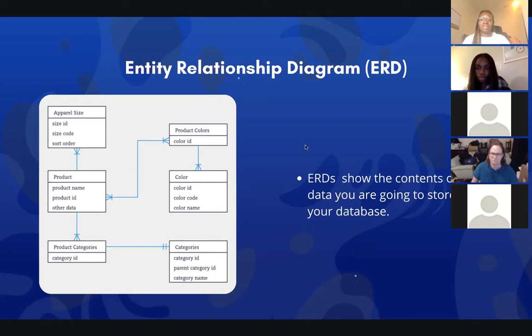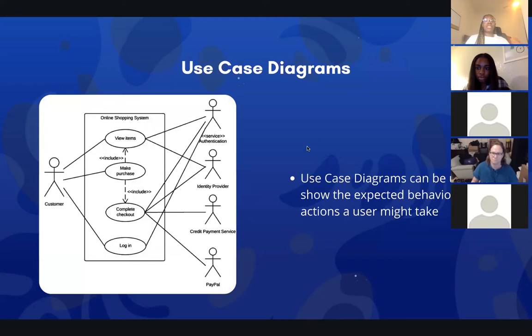To continue, there's also use case diagrams. Use case diagrams can pretty much show the expected behavior and actions a user might take. This is really good, especially when you're making a really big web application. This allows the front end to start brainstorming, oh, what kind of pages do I need to make? For example, if it's like Amazon, you need to create a page where a person can go check out. Do I need to make a page where a person can go sign in, where they can look at products,